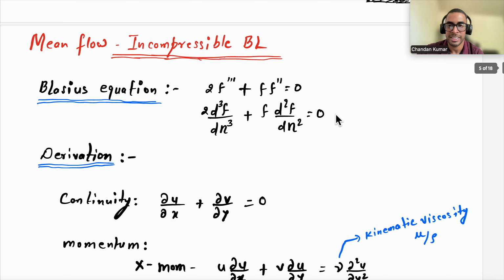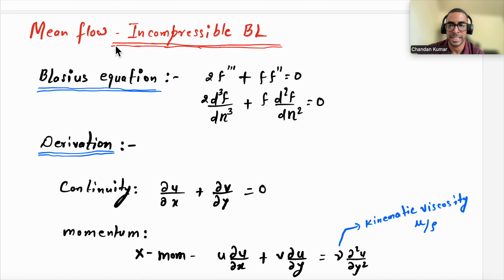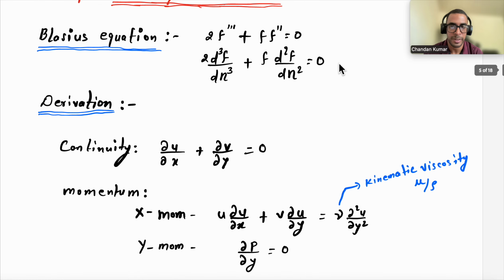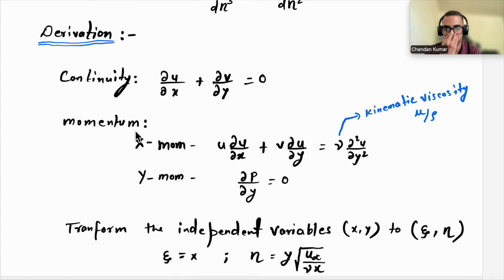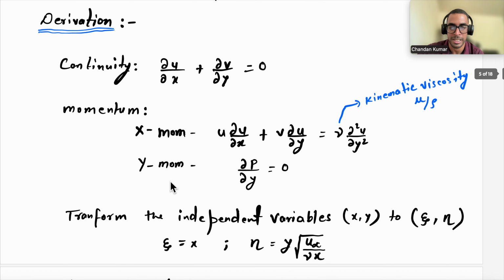So to begin with the stability analysis, as I said, we need the mean flow for the incompressible boundary layer. And to obtain the mean flow for the incompressible boundary layer, we will be solving this Blasius equation. So this is the Blasius equation, and we will look into how we get this equation. To begin with the derivation, we will start with the continuity equation, and here we have the continuity equation for 2D incompressible flow. And here we have the x momentum and y momentum. We don't have energy equations since we are considering